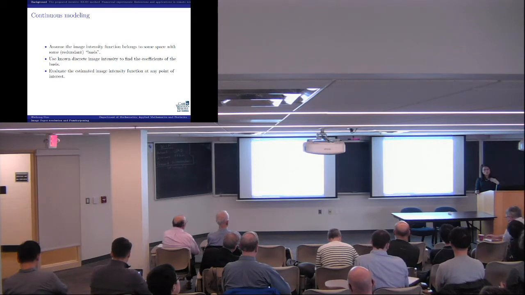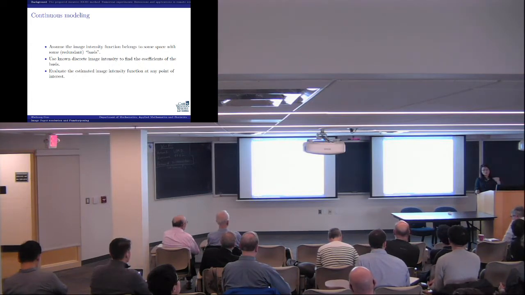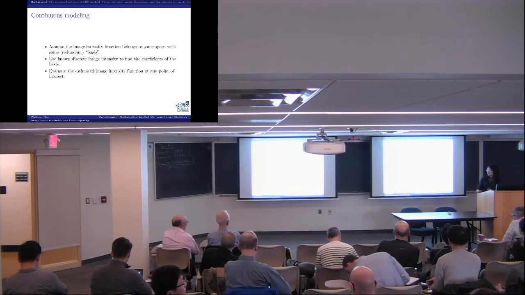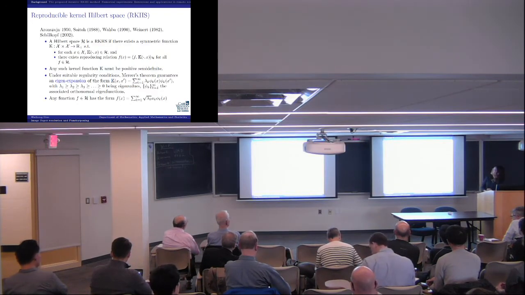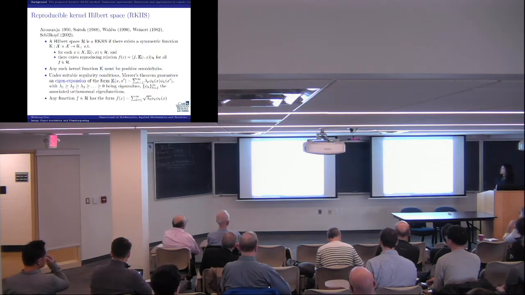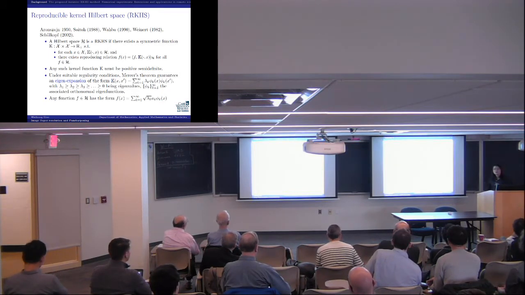So what we're going to do is to use one space for each. For the smooth components, we're going to use RKHS. For the edges, to take care of the sharpness, we're going to introduce a Heaviside function. Everybody knows the Heaviside function. You have a jump over there. So we're going to see how to modify it to describe edges in particular. Now, reproducing kernel Hilbert space. I believe there are a lot of experts over here. Just to be more self-contained, here's a quick review.